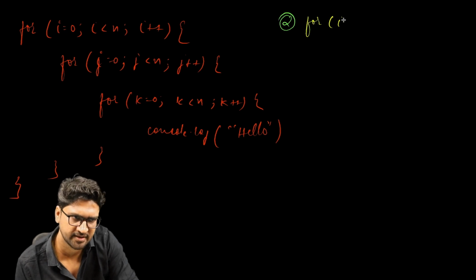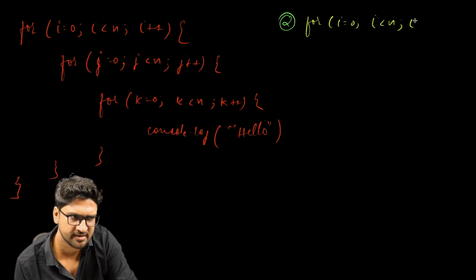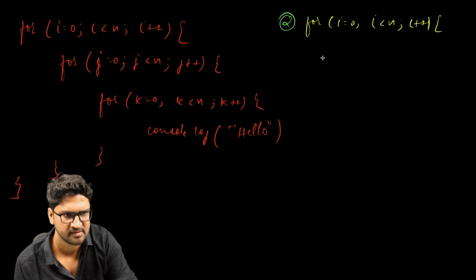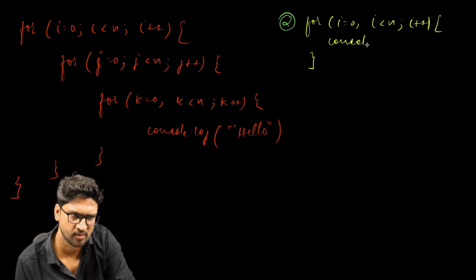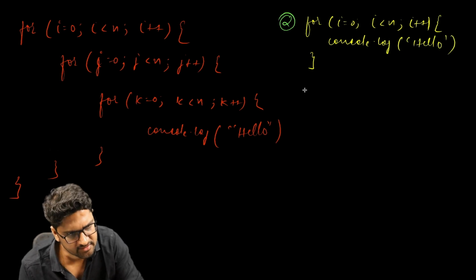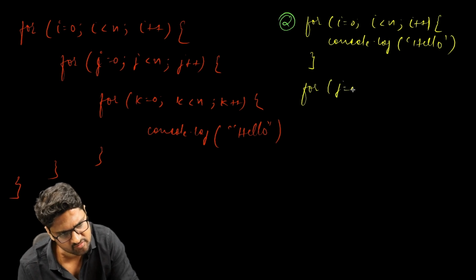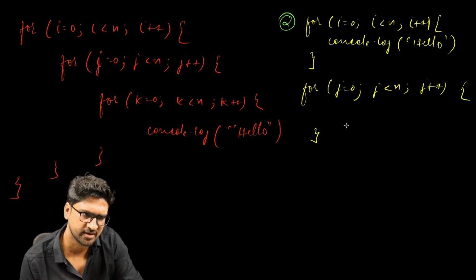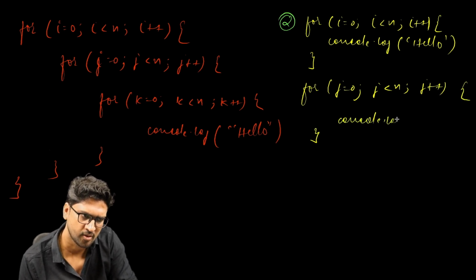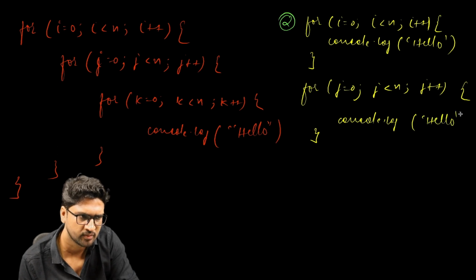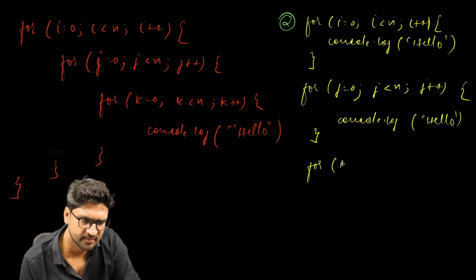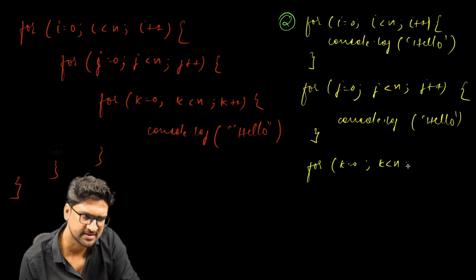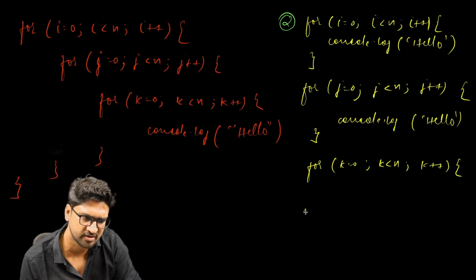For i equals 0, i is less than n, i plus plus, and then you have console.log hello, and then again repeat the same thing for j equals 0, j is less than n, j plus plus, and you write console.log hello, and then you write for k equals 0, k is less than n, k plus plus, and I write console.log